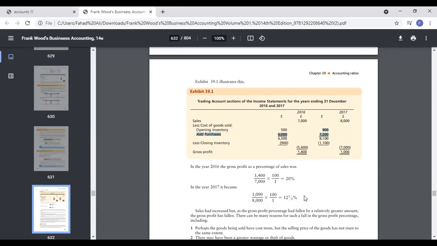Now coming to the general reasons. 7,000 to 8,000. Maybe you could write this down in a generic form. The sales of the company might have increased. You could write it down like this if you don't know the values. The cost of sales of the company would have increased. Because of this, your gross profit has decreased. Maybe your closing inventory decreased by a larger proportion. This can also be a reason.